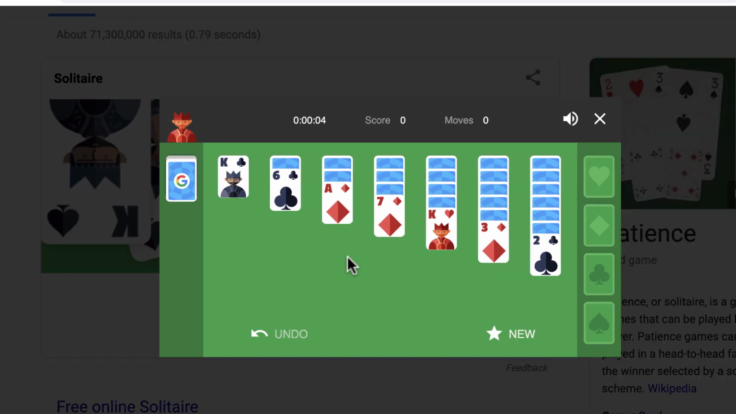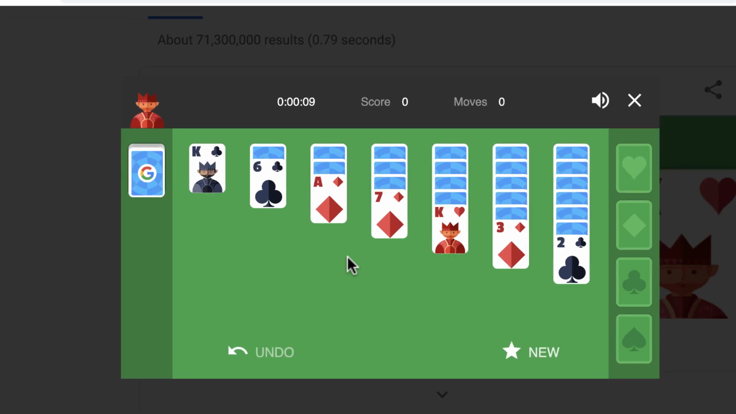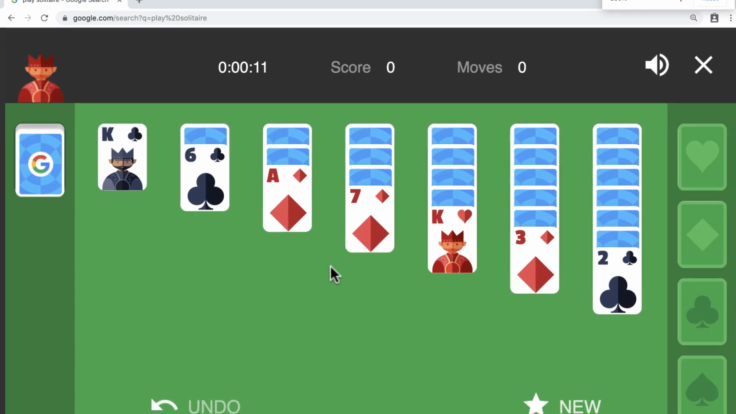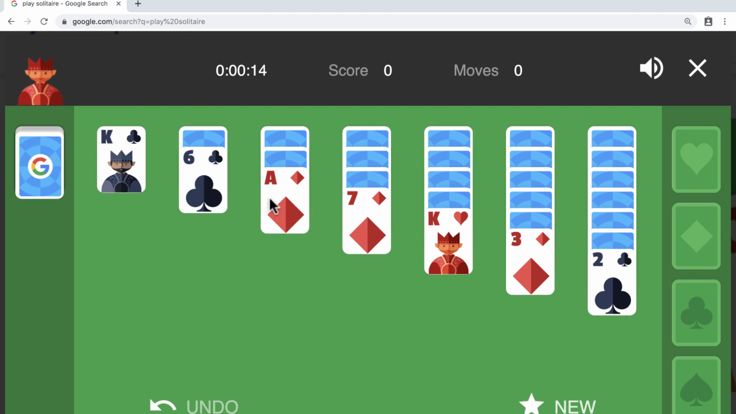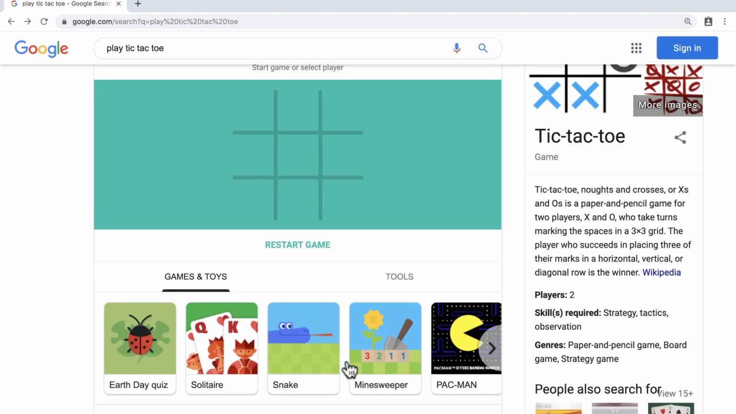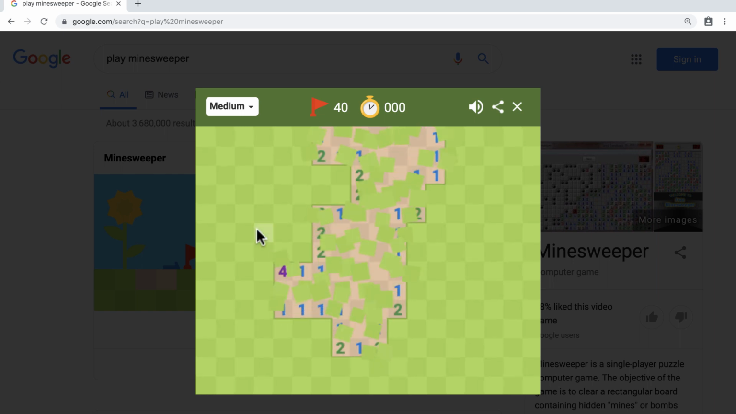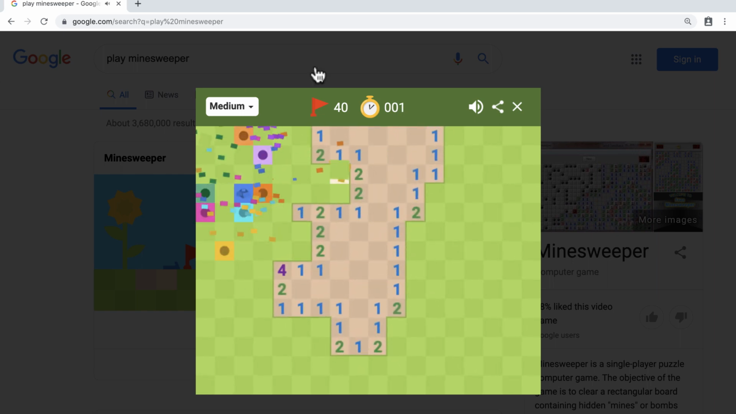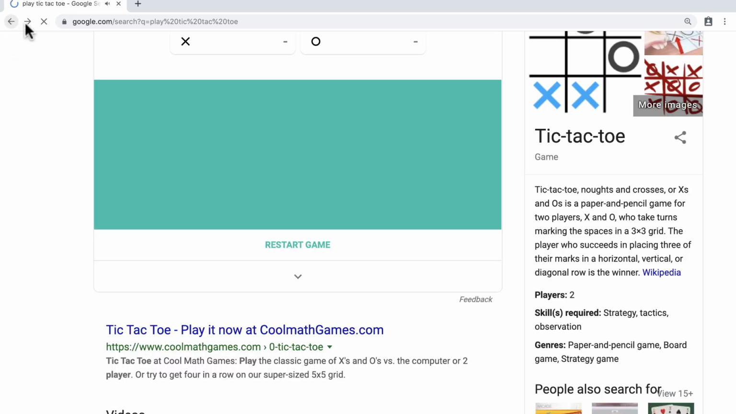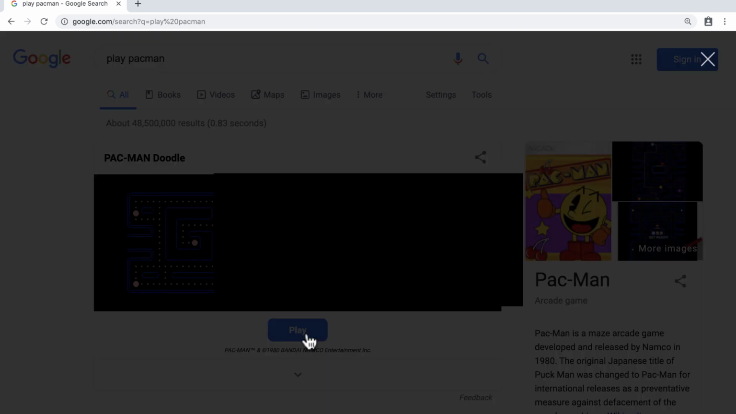Now, when I first opened it up, it came in small, so I did, again, either Control plus on a Windows computer or Command plus to make it bigger, and now I can play this Solitaire game. So, kind of fun. I'm going to go back. We also have an awesome game, Minesweeper, that's a lot of fun. You try to avoid the bombs, which I failed at. And we've got Pac-Man, Snake is a lot of fun as well. But all of these games